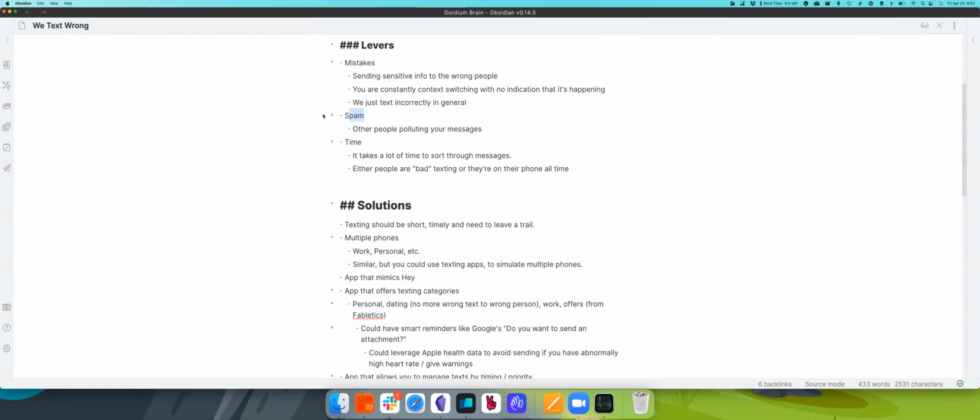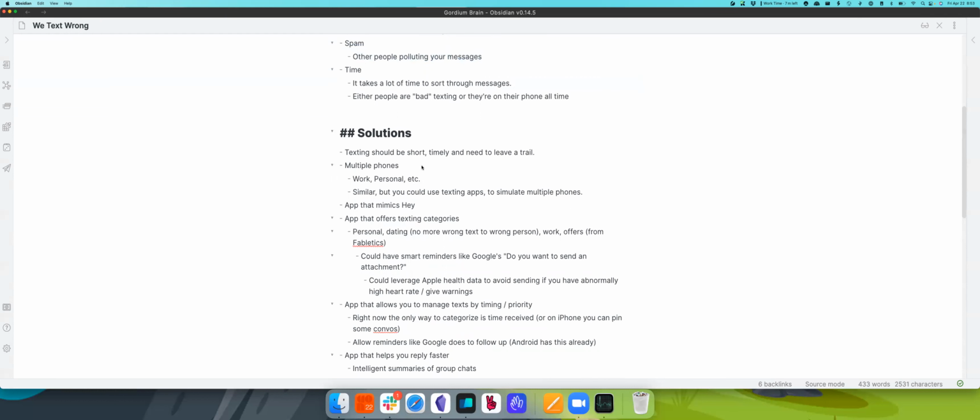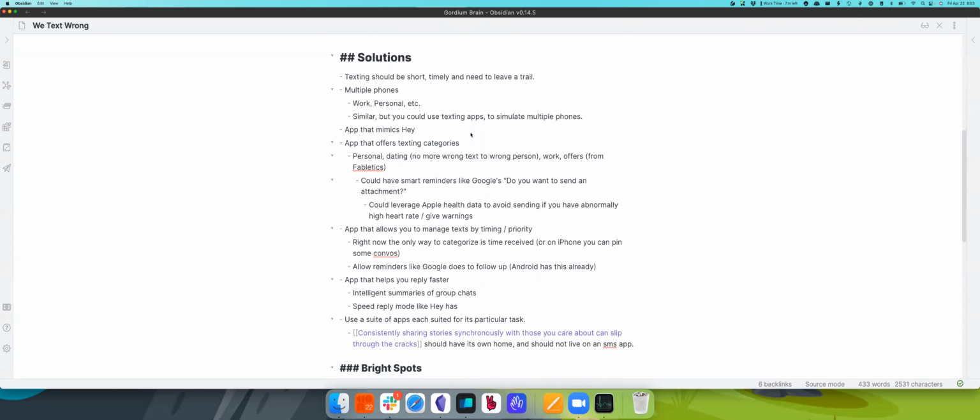Then there's spam, which we'll get into, like people spam, like friends texting you too much, like a group chat, or increasingly companies trying to advertise to you. And two-factor authentication codes and shipping updates. I mean, everybody's using text now.